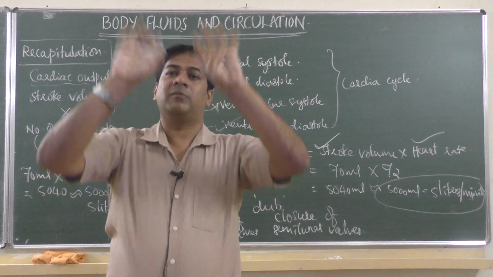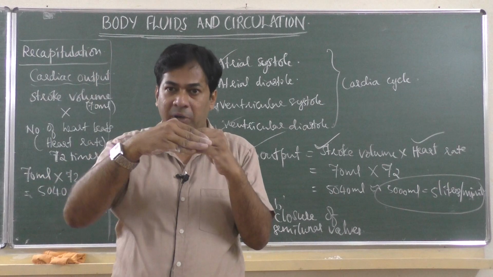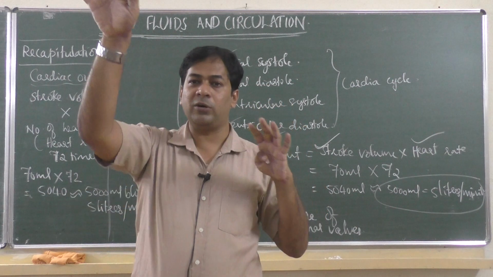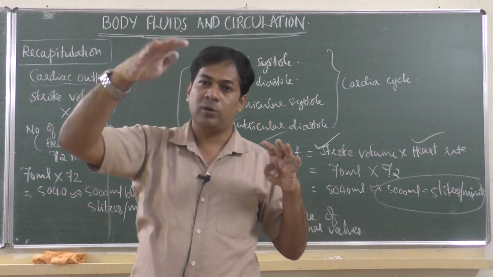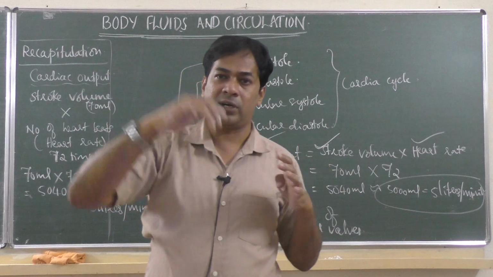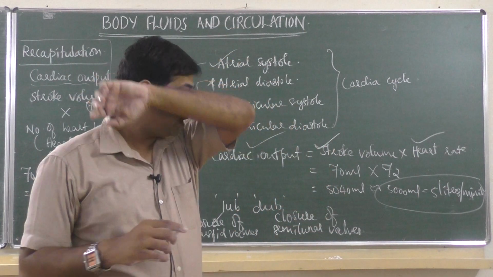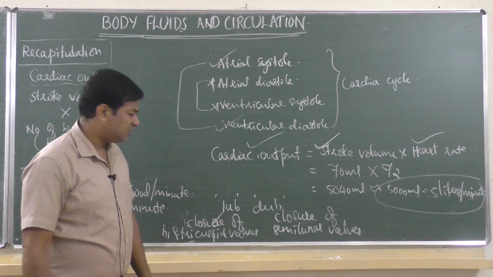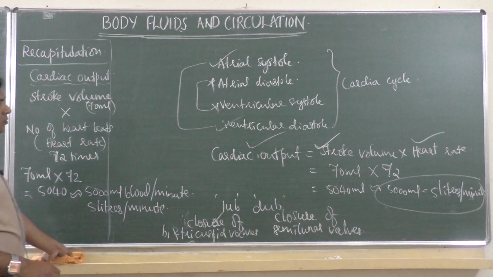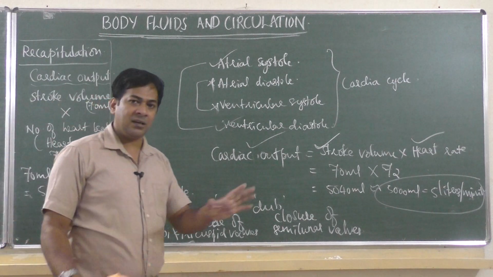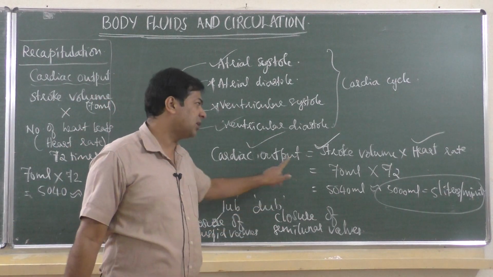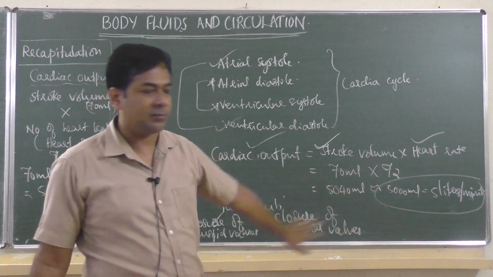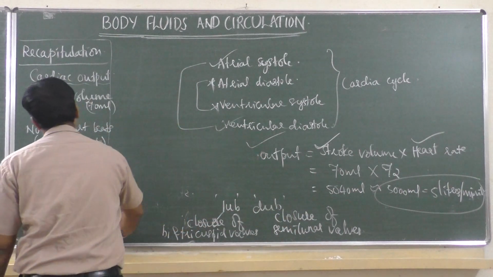At that time the valve is there. When blood passes through it, blood should not come back. That is why the semilunar valves close there. So blood passes through the aorta and doesn't come back. It is only one way flow, because the semilunar valve will block it. Even in the pulmonary artery it is the same. So when there is closure of the semilunar valves, you can hear the sound dub. This is what we have learnt in the last class. You should not have any confusion with cardiac output, so once again I explain. I hope this is very clear to you. There is no doubt at all. In case you get any doubt, you can ask me anytime.